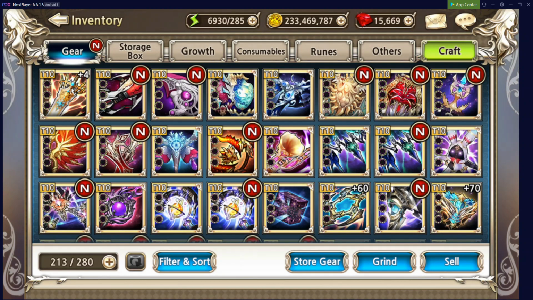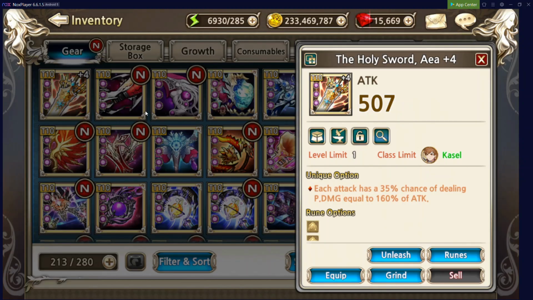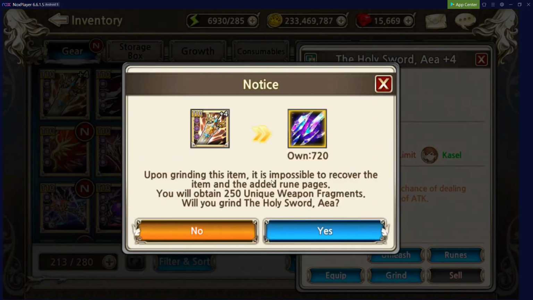And once you have that in mind, I would definitely plan for the future on this as well, because you don't want to decide that you're going to play a character later on and accidentally get rid of the unique weapon. However, if you're not going to play the character and you're pretty convinced, it's safe to do what we call grind the weapon. And now what this does is it gives us this currency here,